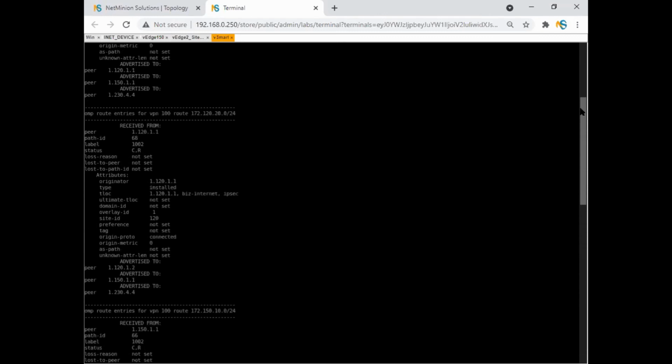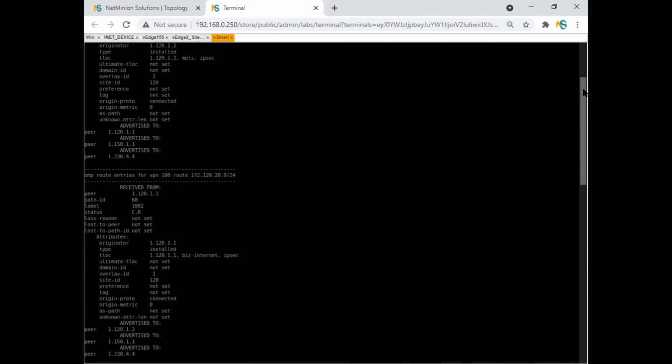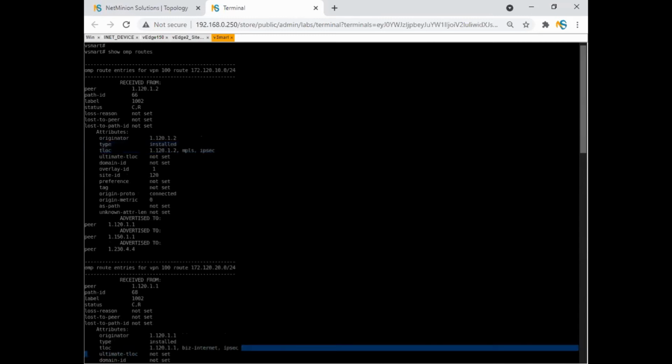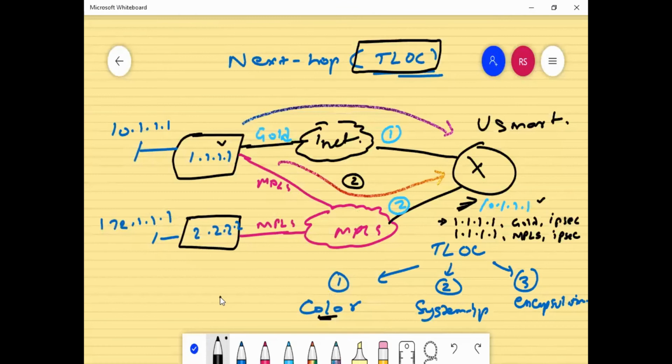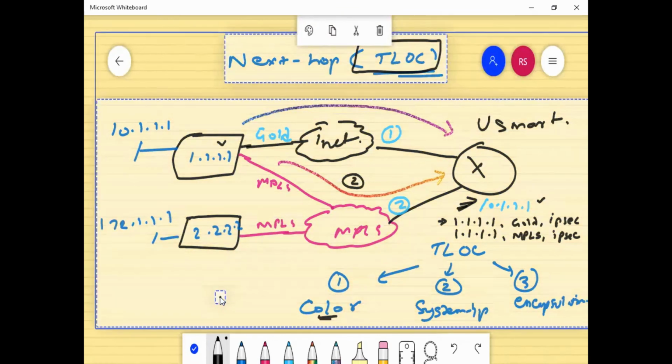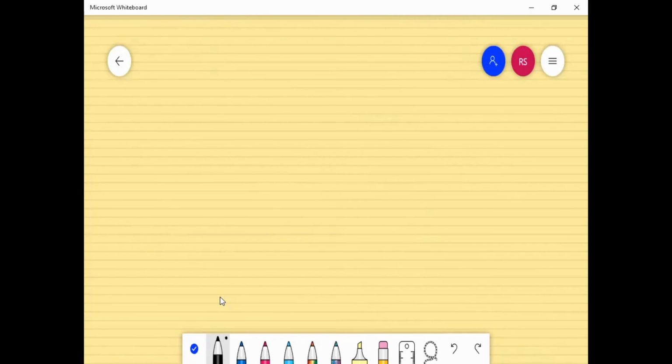So all the encapsulation, whether it is MPLS or internet, will be IPsec. You can see, either it is internet or whatever, because you have two encapsulations available. One is GRE, one is IPsec. GRE is not secure and nobody is going to use that, and that is the reason you can say it is only IPsec. But why did they prefer IPsec? Security. It will be a secure tunnel. The crypto tunneling, the keying, and all of that stuff will happen.